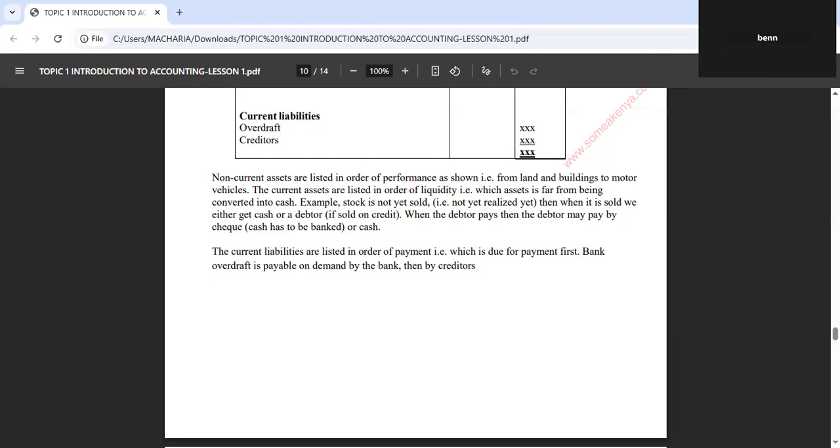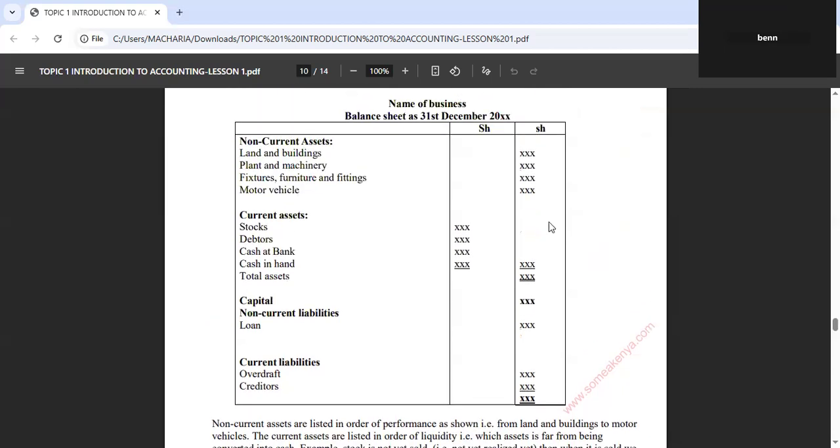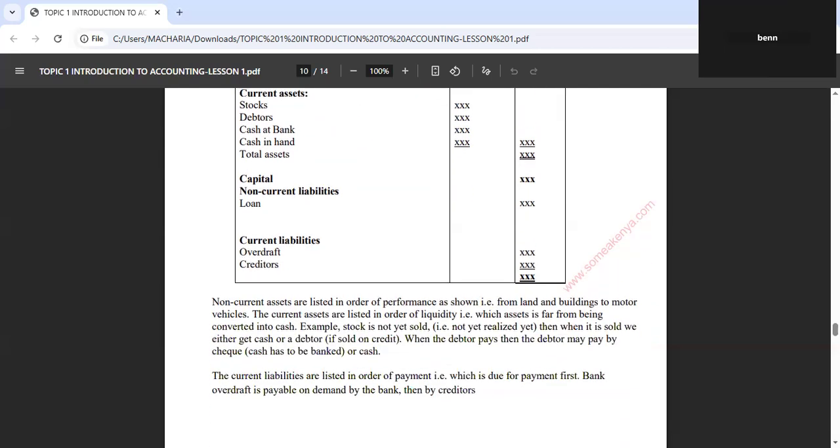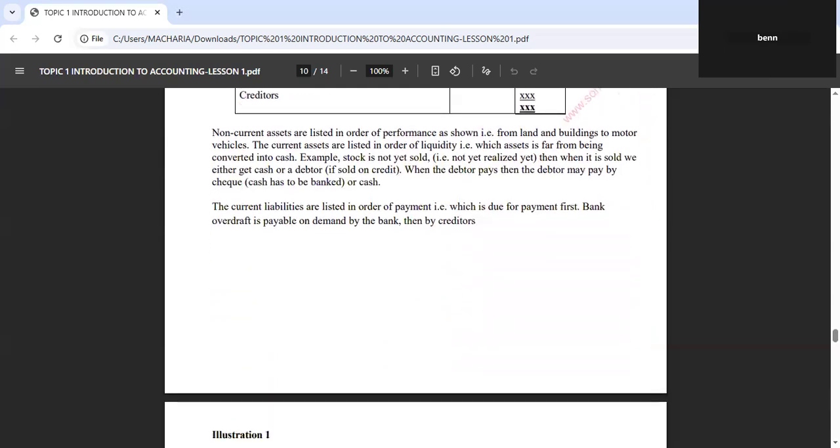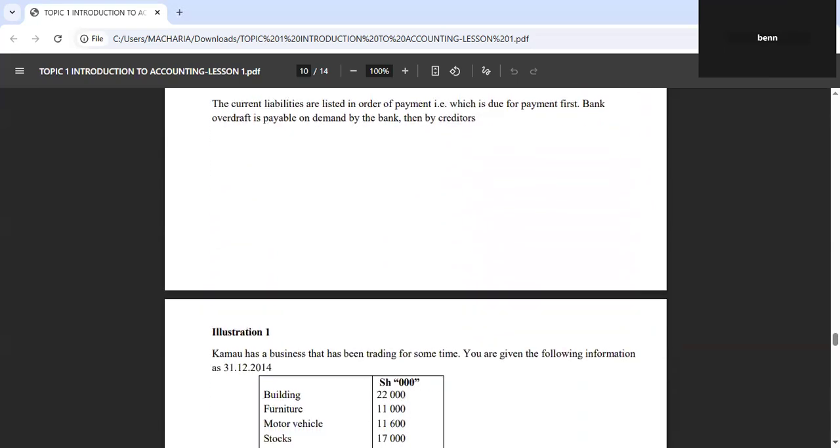So when you're recording your assets, you record them in the order in which you can easily convert them to cash. You see this one comes at the bottom here. You cannot start with motor vehicle and then land and building. There is an order to this. Although we normally pay very little attention to the order in which you arrange these assets at this stage, this point is key as we move forward in future courses. Of course, after this, we'll have financial reporting and analysis, in both section 3 and section 6.